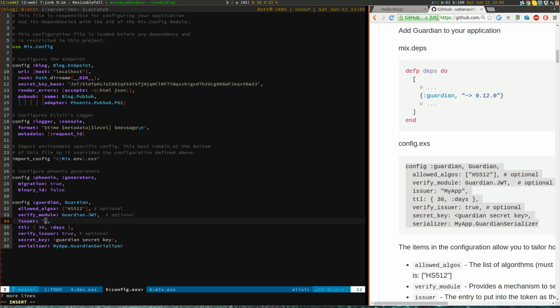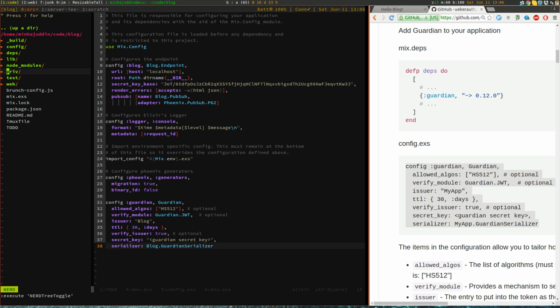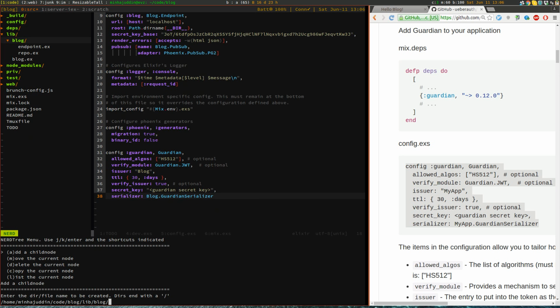And the name of our application, it can be my app, but in this case it's blog, and you can change the number of days for which a token is alive. We'll look at that later. And you need to add a key. For now, we're just gonna use just that, and we'll fix that in a minute. And we also need to have a serializer. So we'll add this serializer in the lib folder, and in the lib blog folder, we'll create a file called